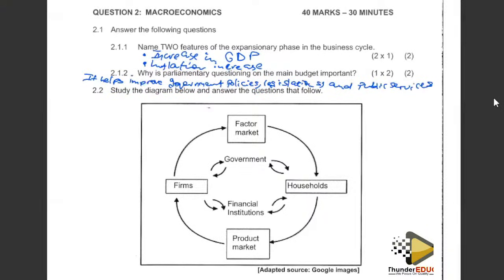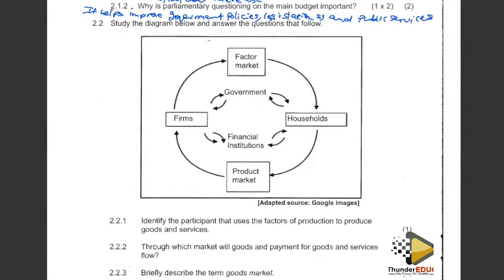Now let's move on to the next question, which is question 2.2. Question 2.2 reads as follows. Study the diagram below and answer the questions that follow. This is an example of a circular flow model. Under the circular flow model, we have